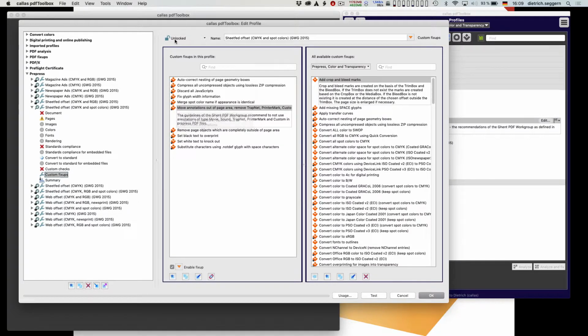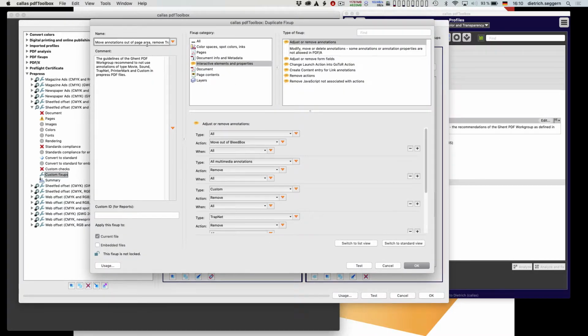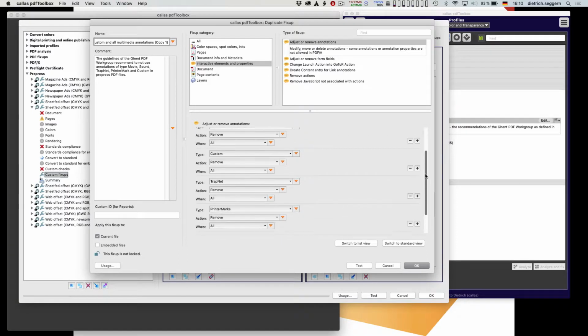Because it's not just used in this profile, it's also used in other profiles, and because those are locked, I can't edit it. If I would want to, I have a duplicate button here, and if I click on here, it creates a duplicate of that fix-up, so it adds copy1 to its name, and then I'm able to